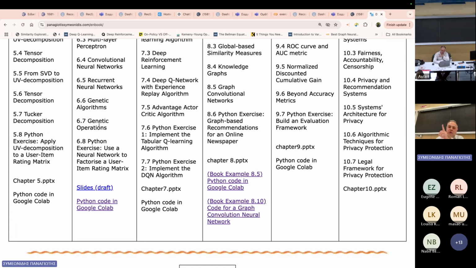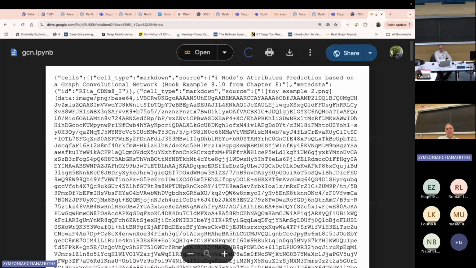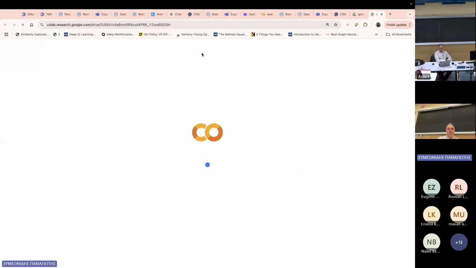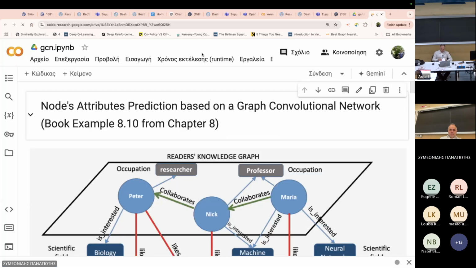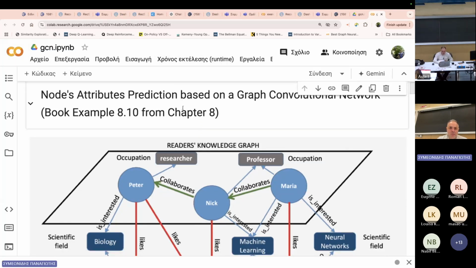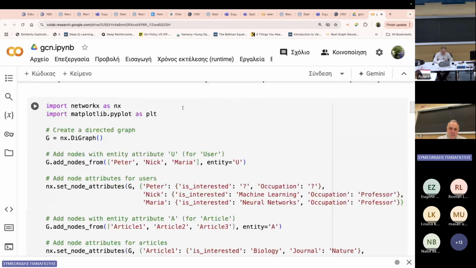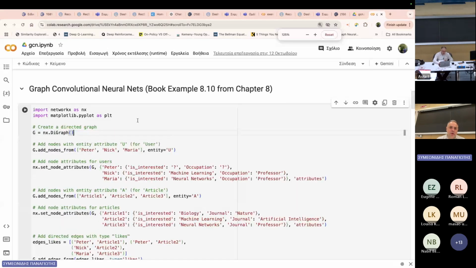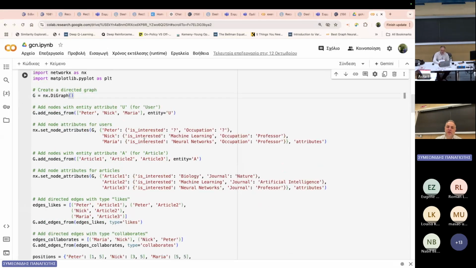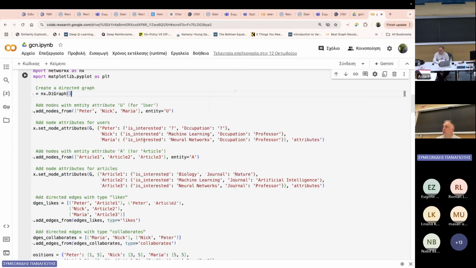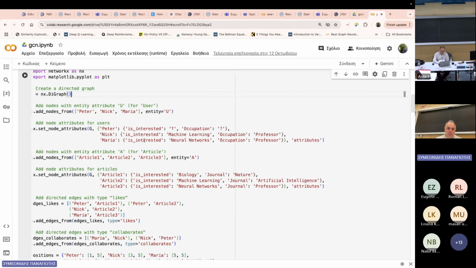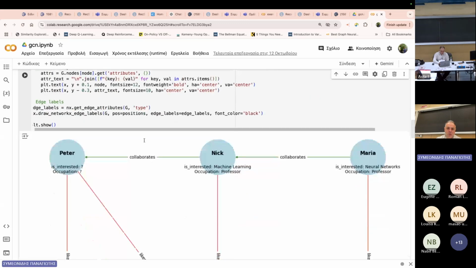At the moment, for this tutorial, we will now see the code for example 8.10 from the book. It is online in Colab, and here you can see the code. And of course, we have this graph, and we use again this NetworkX library to represent the nodes and the connections of the nodes. Okay, we have this graph,